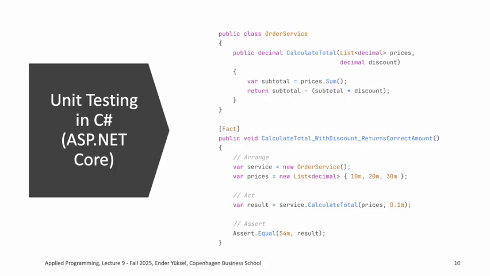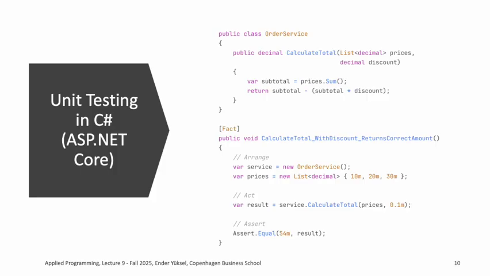Assert means verify the result is what you expected. We expect 54, which is 60 minus 10% of 60, which makes 60 minus 6, that is 54. From a business perspective, this test gives you confidence that your pricing logic is correct. If someone later modifies the calculate total method and breaks it, this test will immediately fail, preventing the bug from